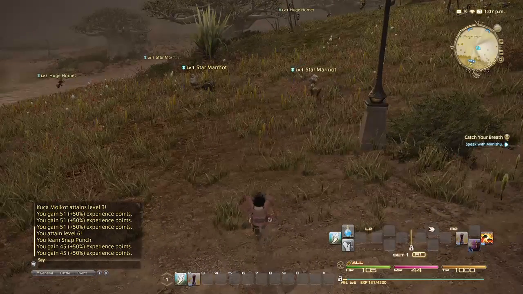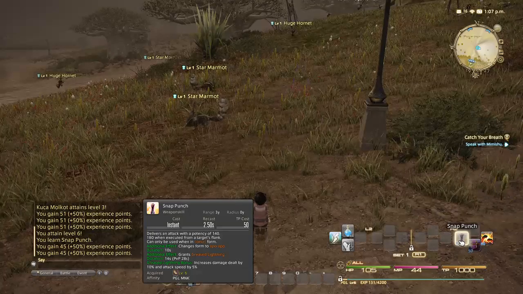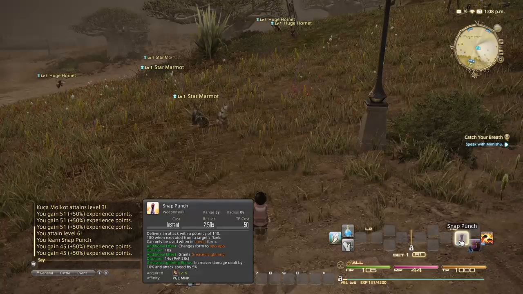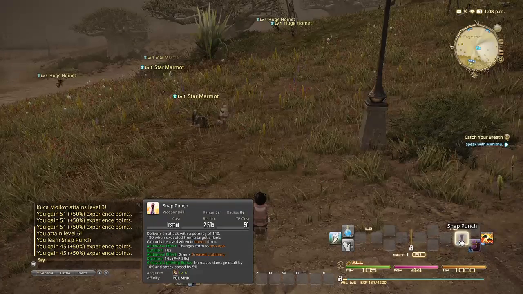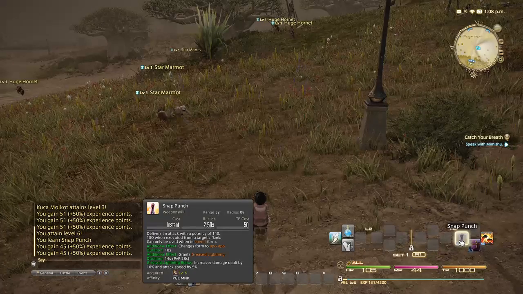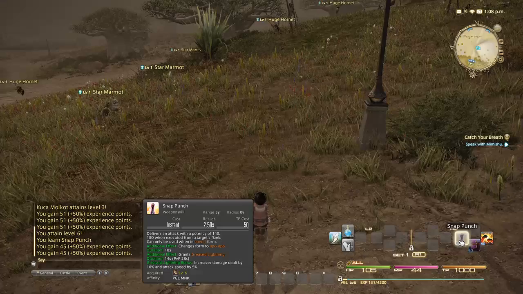So let's look at this new ability here. This new ability we got is called Snap Punch. We can see that it's a weapon skill, so it's a skill that we use with our weapons. And we can see that it has a range of 3 yards, which is the same as Boot Shine and True Strike. So it's definitely going to be that same range. We see that it has a radius of 0 yards, so that means it's only going to affect the target. It doesn't affect anything around it. We can see that it has a cast time of instant, so it'll cast instantly as soon as we push the button. And that has a recast time of 2.5 seconds, just the same as our other abilities, Boot Shine and True Strike. And you can see that it has a TP cost of 50, so again, another one that's lower than